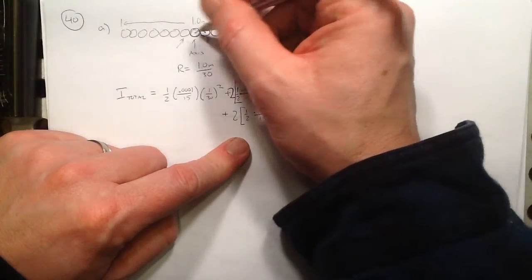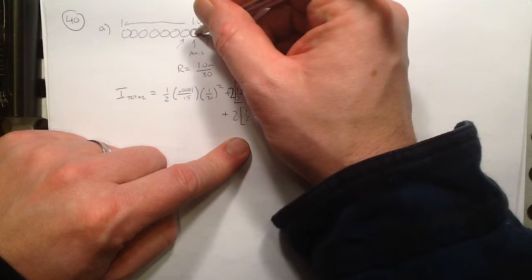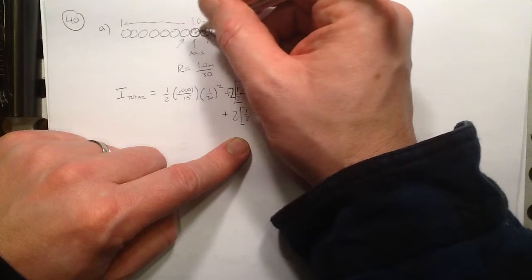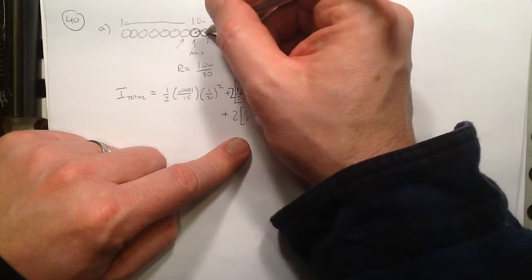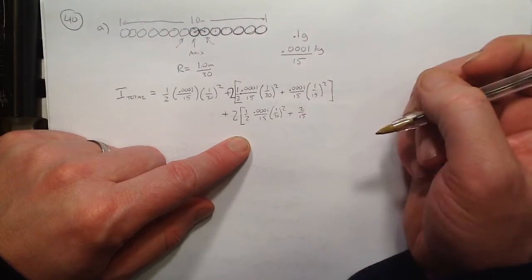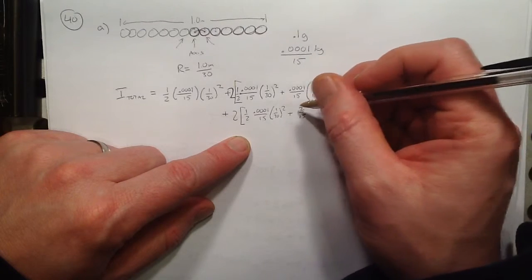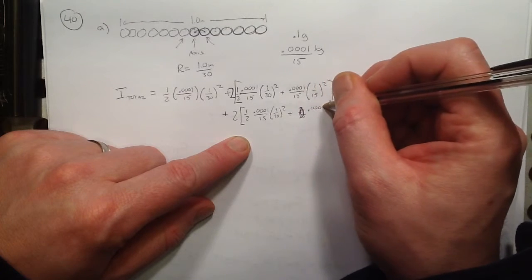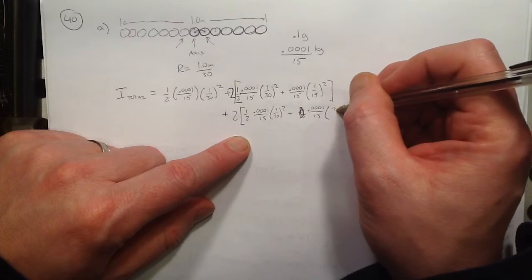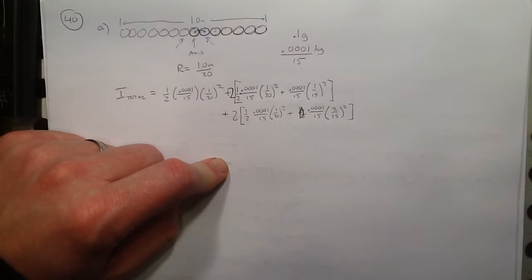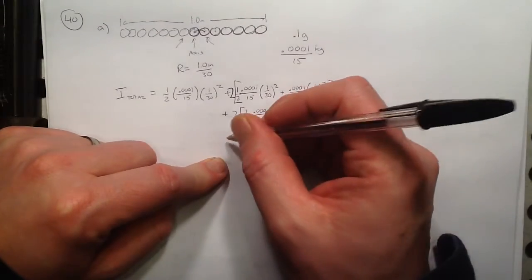Plus, now I'm out to these disks. So how much is that shifted? That's shifted from the rotational axis to the center of mass here, so that's 2 of those diameters, or 2/15. Right? Sorry, I should put that term first. Let me do that first. 0.0001 over 15 times the shift squared, right, plus